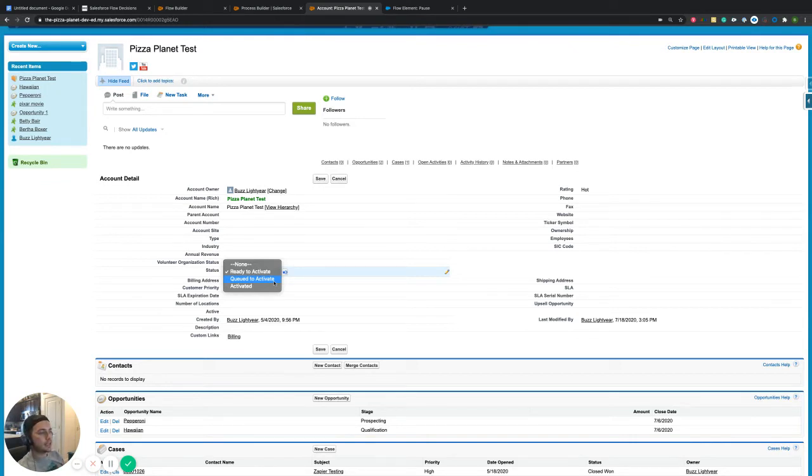Our finance team still had that 24-hour time period. They're not ready for it yet. We're still waiting on this thing. Once the 24 hours is done, or in other words, once that pause in our flow is done, then we want another update to occur so that this can be moved to activated. That way, everybody knows from a notification standpoint,